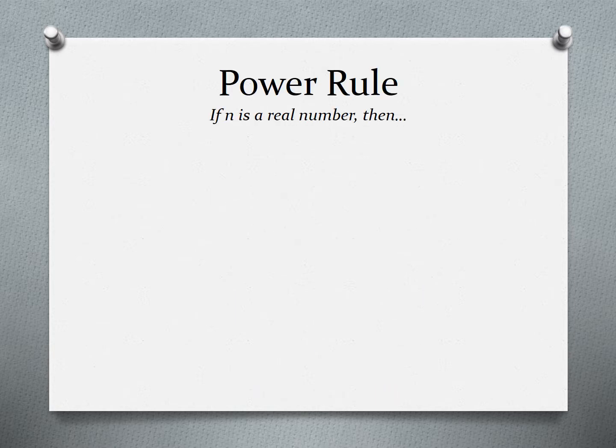Then we have the power rule. The power rule says that if n is a real number, then we can differentiate in the way that we see here. Essentially we have x raised to the n, or some base raised to a power. And on the right side of that equal sign, it's telling us what to do with that base and that power. Notice how that power comes down and multiplies by the base,